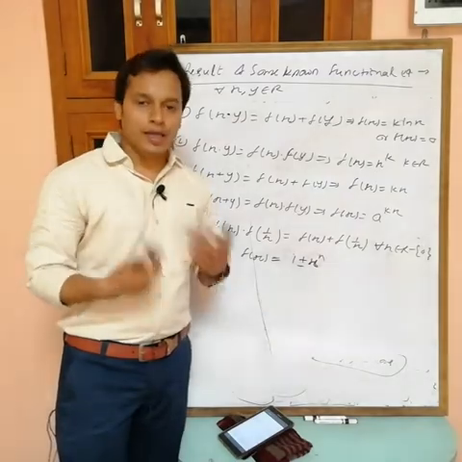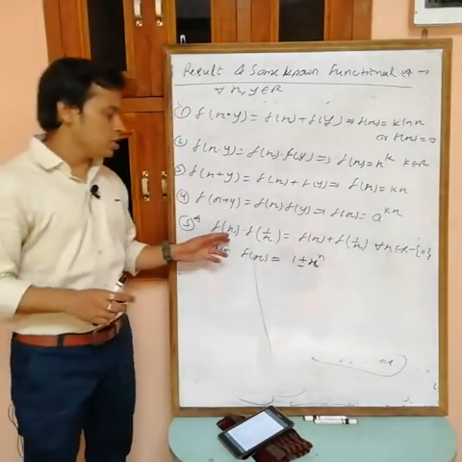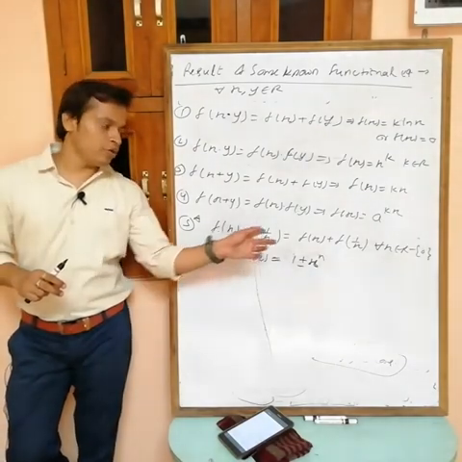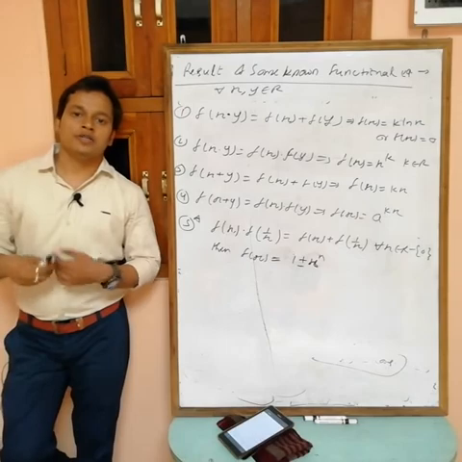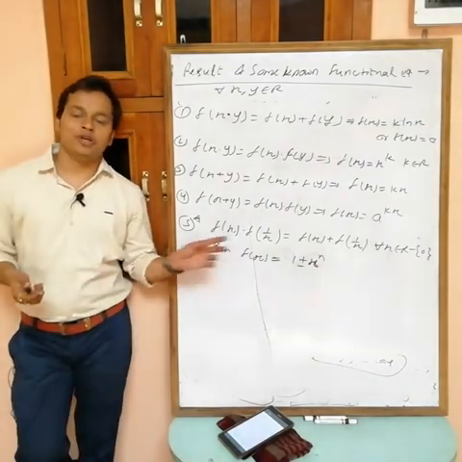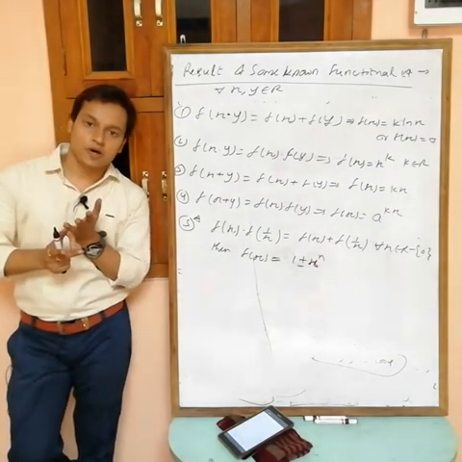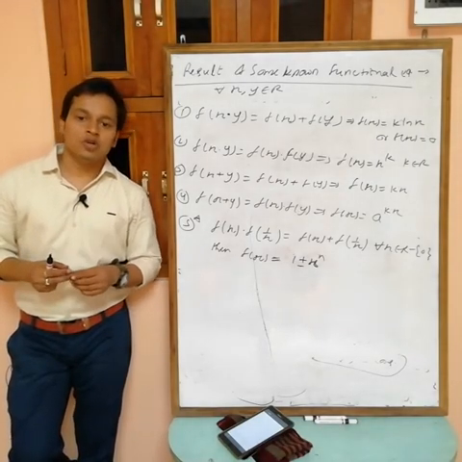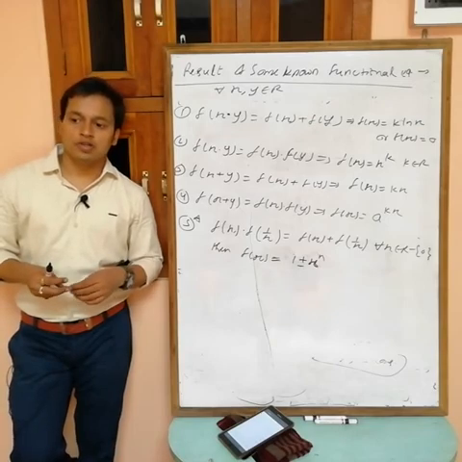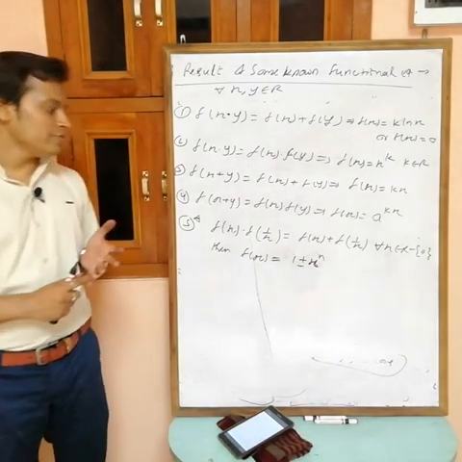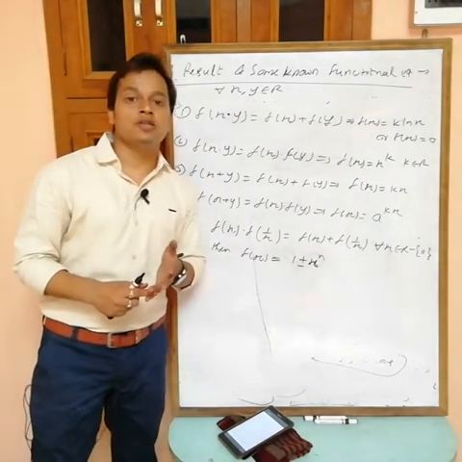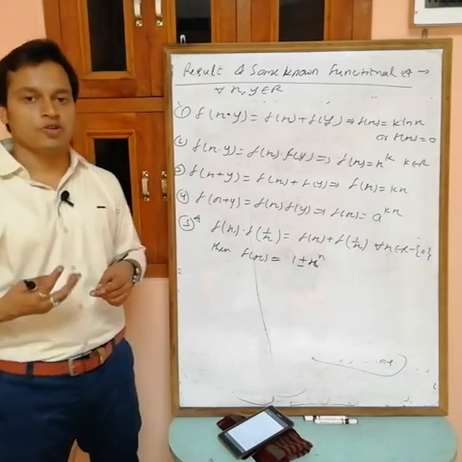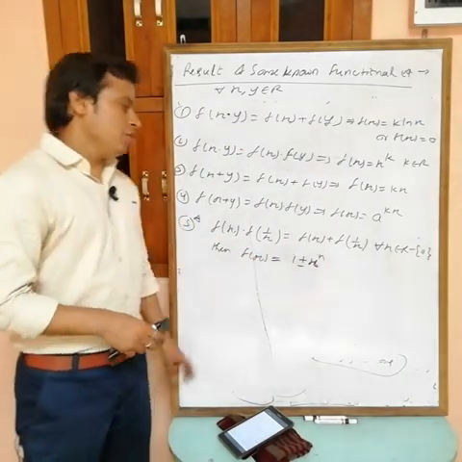Directly remember. I can also prove this one: just assume f(x) as an n degree polynomial and put in this one. Compare coefficient of x power n, coefficient of x power n minus 1, coefficient of x power n minus 2, then you will get that the constant term is equals to 1 and the coefficient of x power n squared is plus 1, then the coefficient of x power n is plus minus 1. Directly remember.